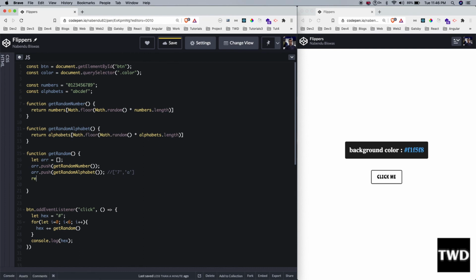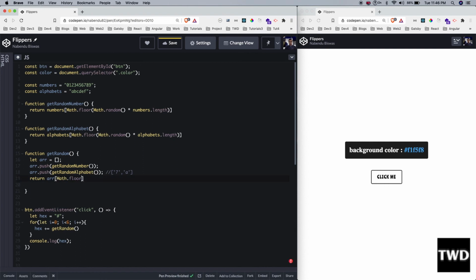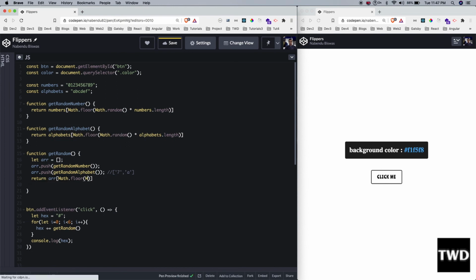So again I am going to do return. Actually in my program, it is a bit sophisticated because I am adding 2 levels of randomness to it. See, I'm getting a random here also, and I will get a random here also. arr[Math.floor(Math.random() * arr.length)].